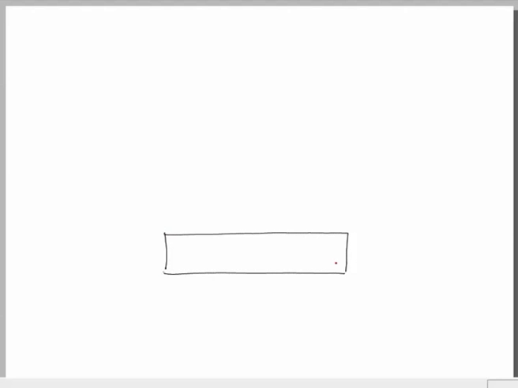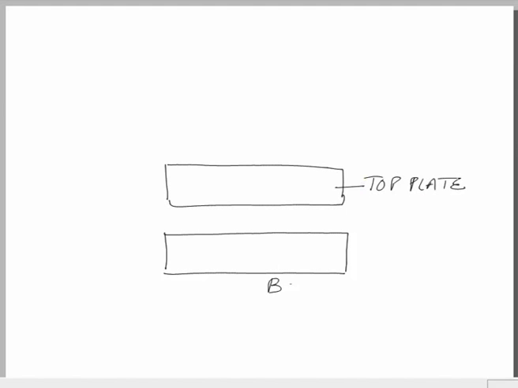This is the bottom plate and we can have a top plate, and the layup would be done in between the two plates. Now, this is the top plate of the flat plate mold and this is the bottom plate of the flat plate mold. So, we have a bottom plate and we have a top plate. Now, how would these two be joined together? These two could be joined together with the help of nuts and bolts. So, the layup would be done in between these two plates.